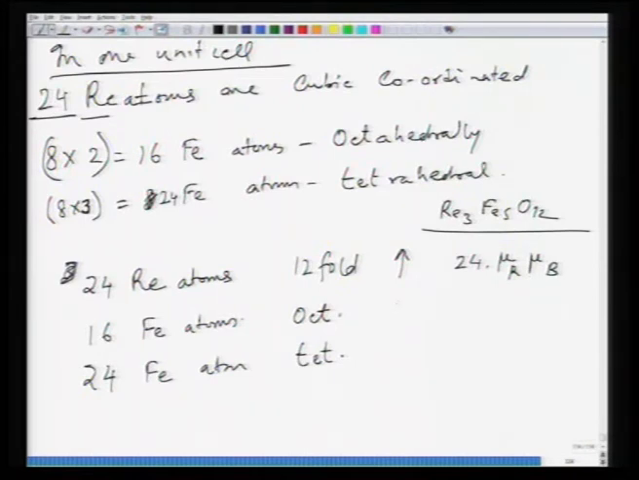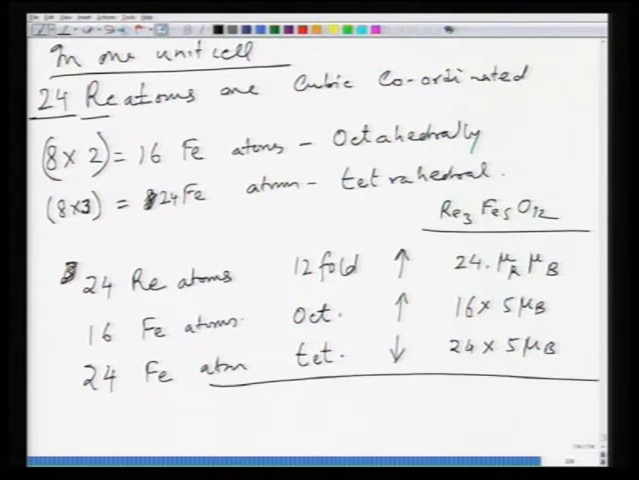and octahedral side you have spin down, spin up again, and this would be your 16 into 5 mu b, and this would be down. The tetrahedral is the one which is down, so this is 24 into 5 mu b. So net magnetization, so net magnetic moment to be precise, is equal to